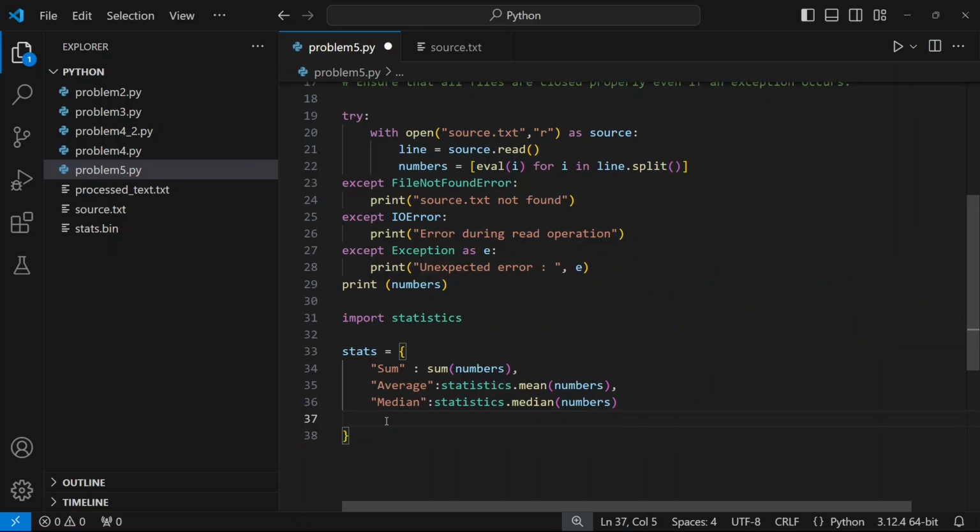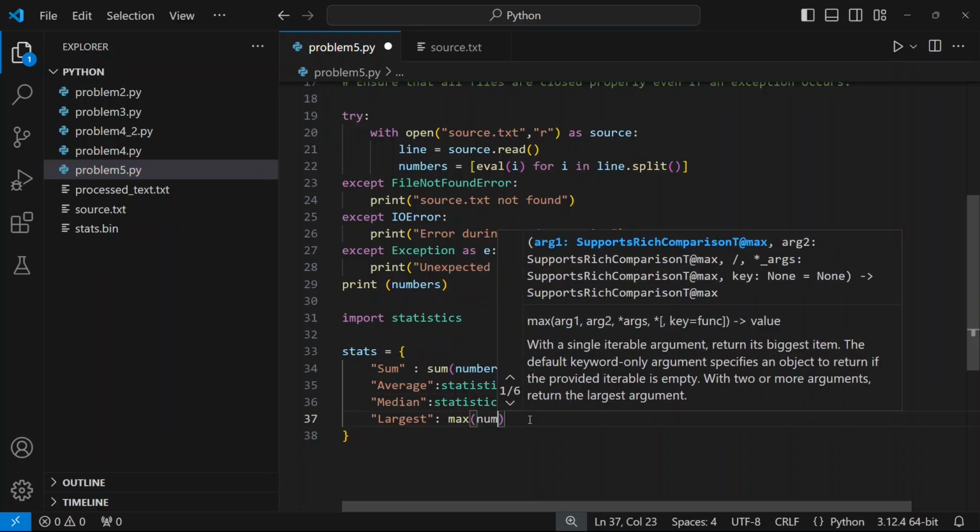Then for the largest number, I can use the max function, which is directly available in Python without importing any other library. I don't need any library. I'll simply say, I forgot the comma here again, comma, max of numbers